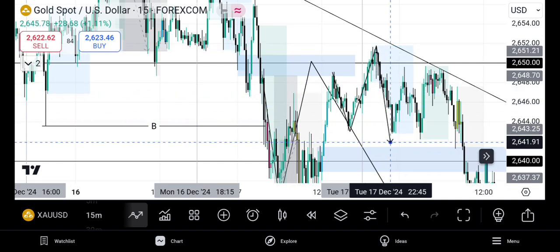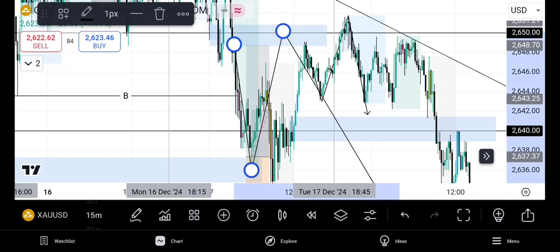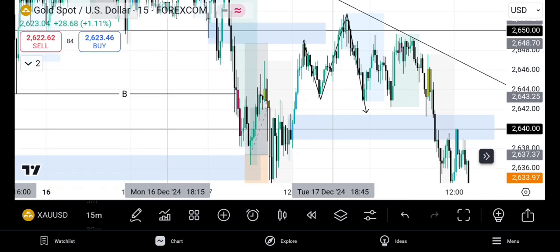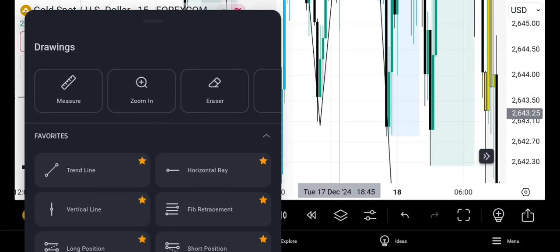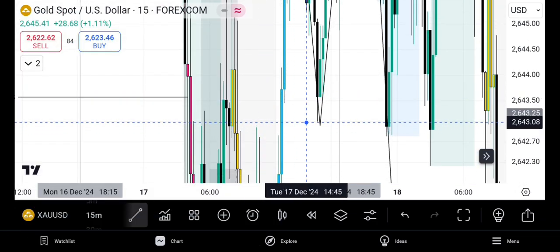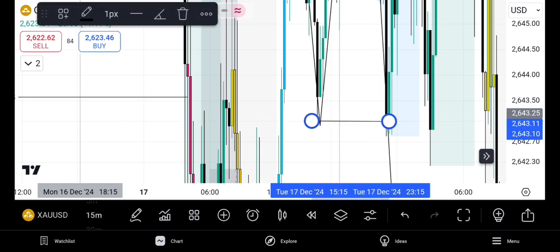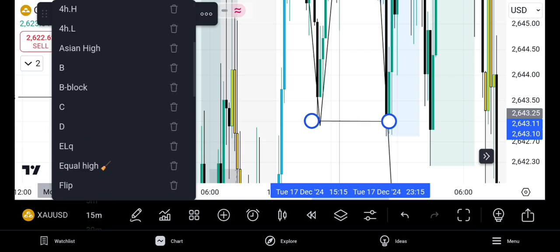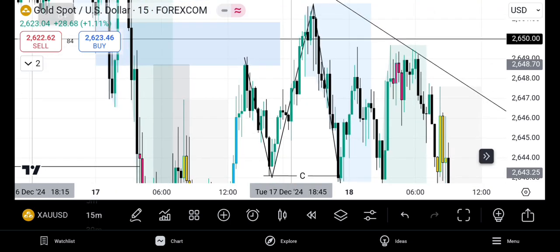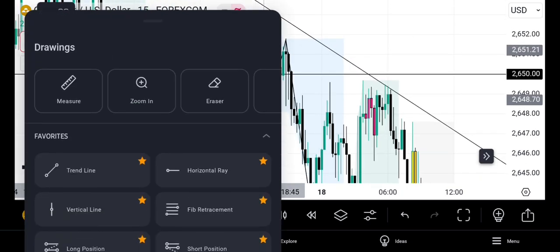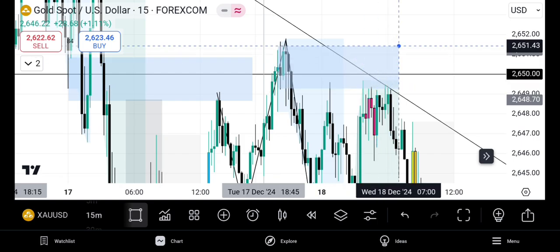reacted to the downside. So now I've marked that zone as my change of character. Some people call it market structure shift, but I call it change of character. And then I waited for the market to get to this point again, which it did,